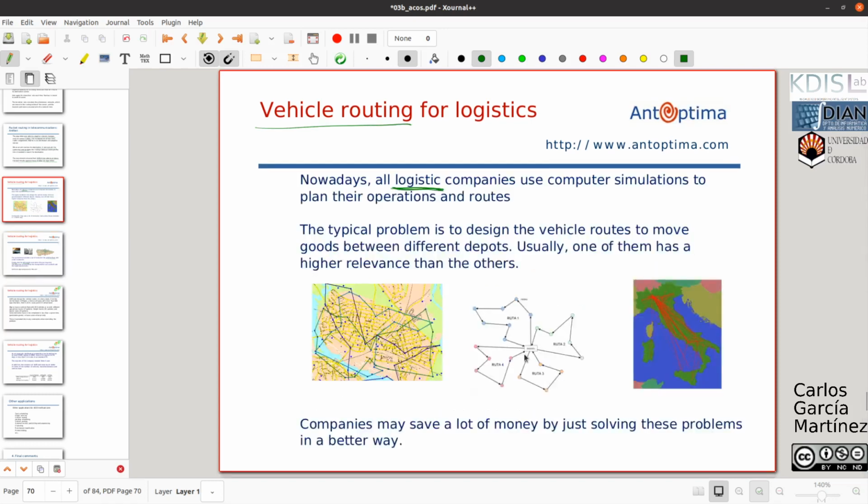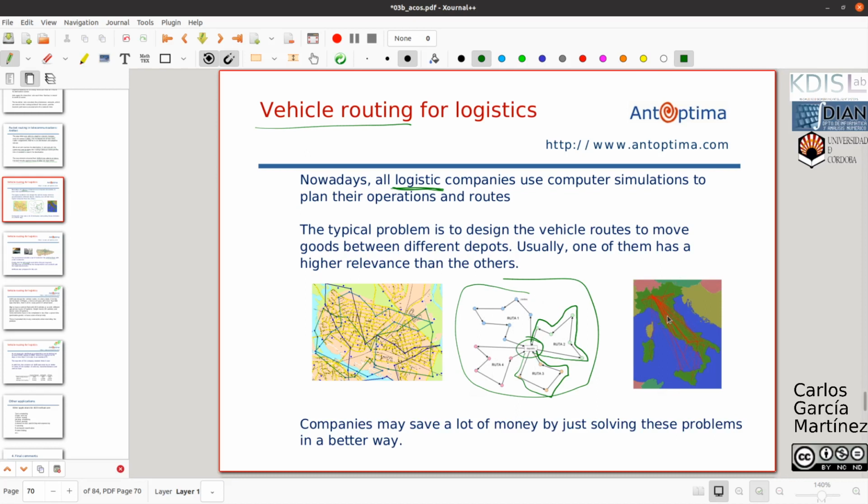So this is a very simple case. Let's suppose that here you have a depot where your trucks, your vehicles, load the goods and go to the assigned clients. This is the plan for one vehicle, this is the plan for another vehicle, and so on. Well, in this case it is very simple, but actually they have applied